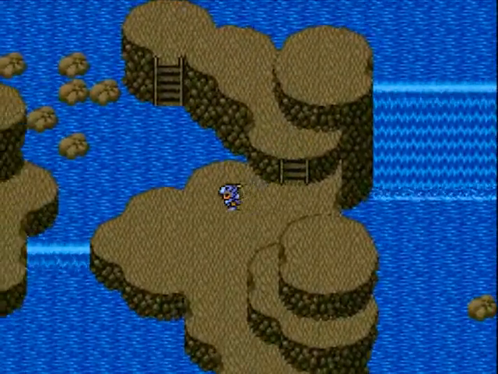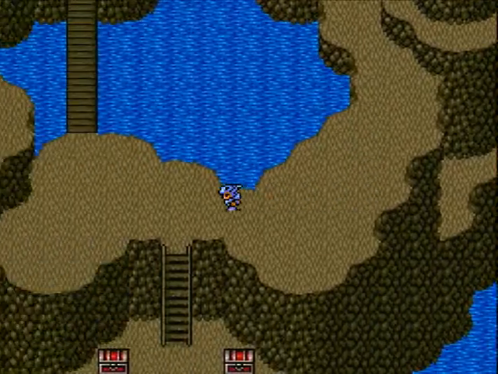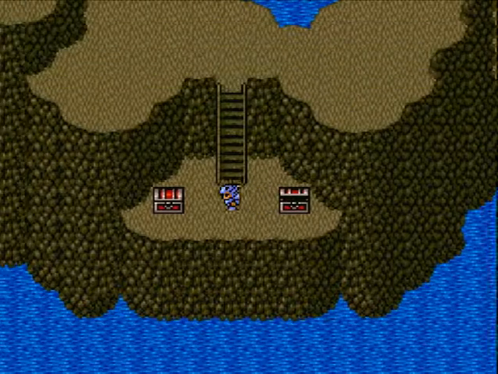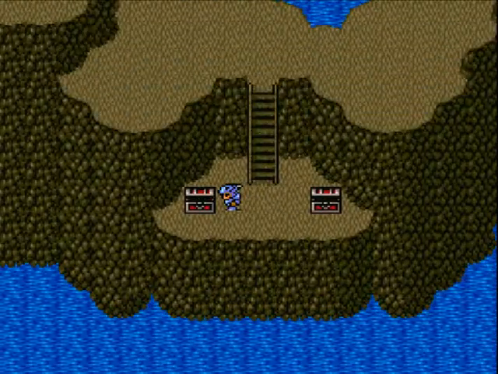Anyway, if we head down here, there's a few more treasure chests we can pick up before continuing on. And a Hades Gauntlet and a Hades Helmet, which is some new gear for Cecil. And I'll equip that,